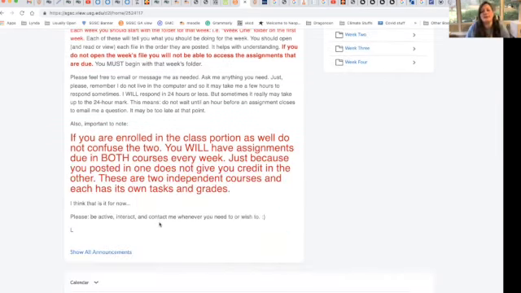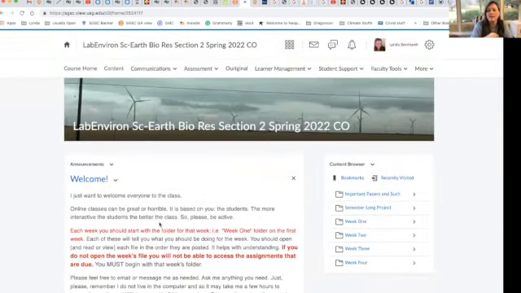Now, nice big red letting you know that the class and the lab are two different courses. Two different courses, two different sets of assignments. There is something due in each of them every single week. And the credit you get in the class does not affect the credit you get in the lab. So you can't just let one of them drop thinking the other will pull it up. Doesn't work that way. They are two totally different, not connected courses. Okay, that being said,